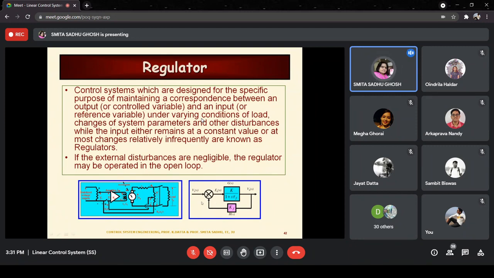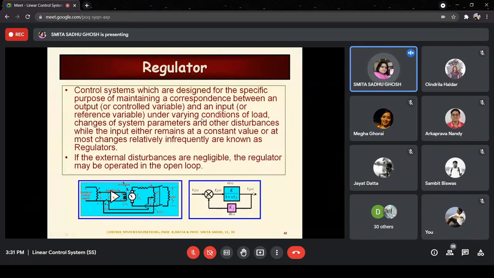Okay, so what will we do for that? We will try to keep the input also at a fixed value, and the system will give us the output as a fixed value, right? Now, if for some reason the output value has changed, what are those reasons? It may be that some parametric change has taken place within the system. It may be some external disturbance has influenced the system such that the output has changed, right?